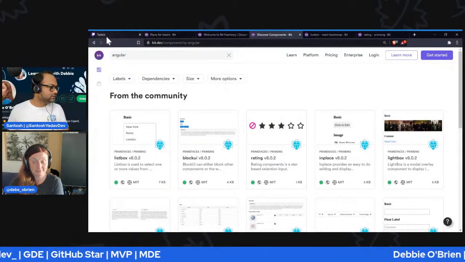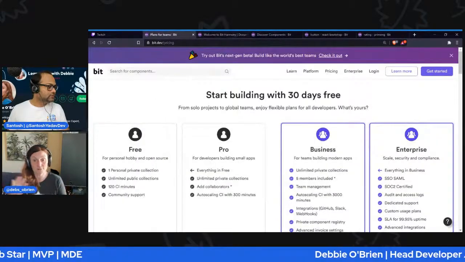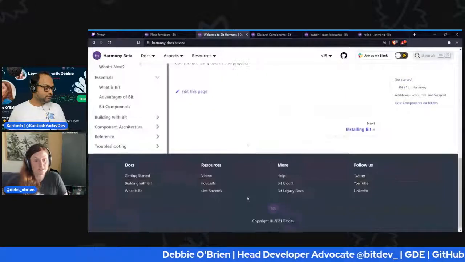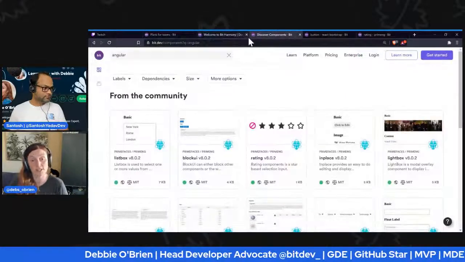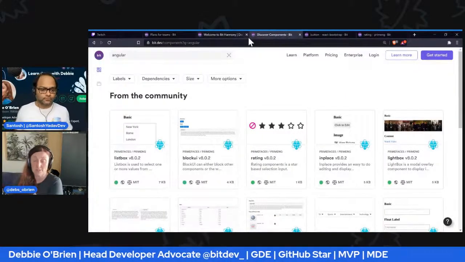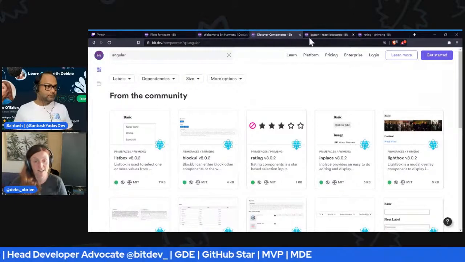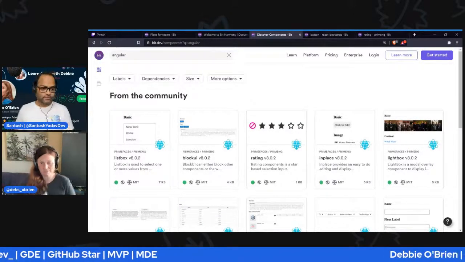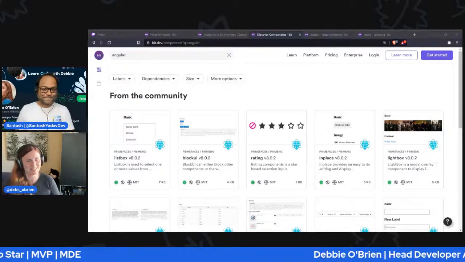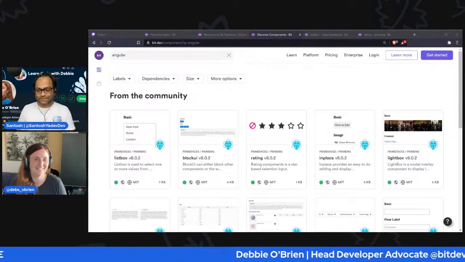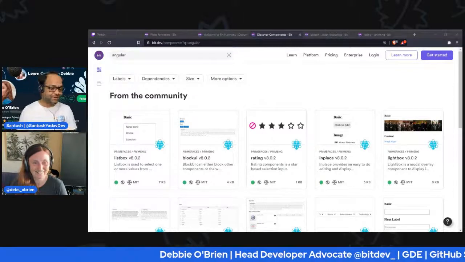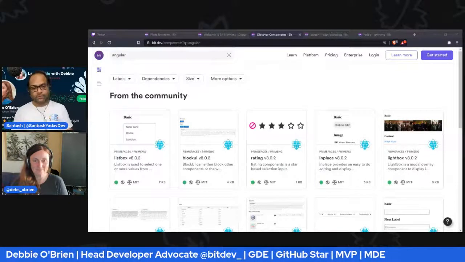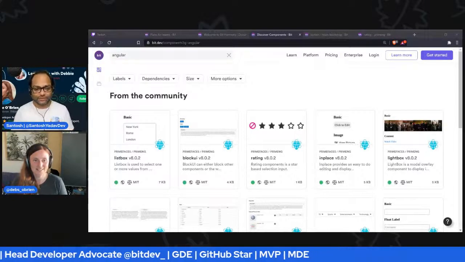That's great. Yeah. And then, like I said, depending on which version you're using, just make sure you're using the new one if you're doing React and React Native. If you wanted to use Vue and Angular right now, then you could still use the old legacy version or wait for the new one, whichever. But definitely with React, please use the new version, because you're going to love it. It's so cool. Yeah, sure. Go ahead and give it a try if you love React. And even if you don't, at least you can give it a try.